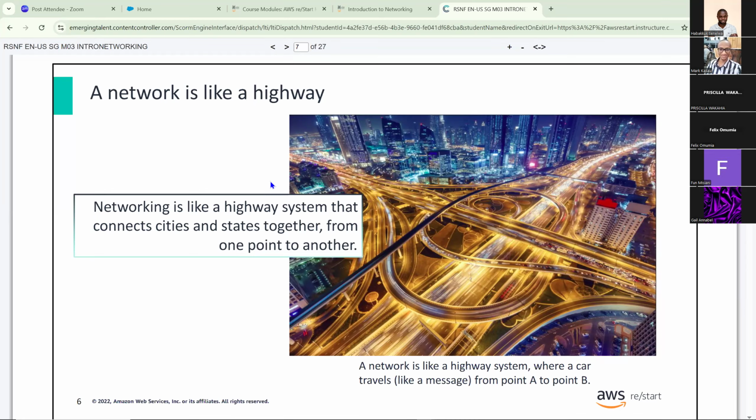Even if you take a drive or you're in a matatu going to town, you start from this road, and then at a place you take a bend or a turn, you enter a different road, and then another road until you get to your destination. Similarly, the data that we are trying to send over a network passes through such